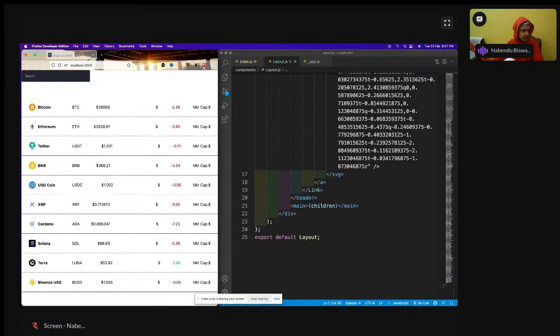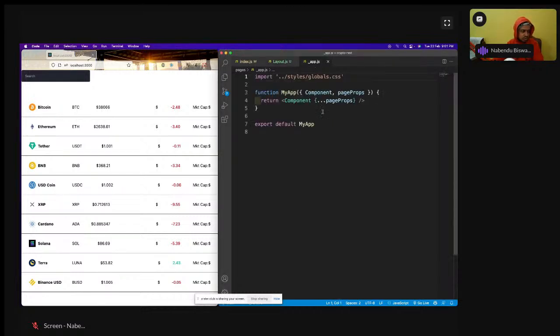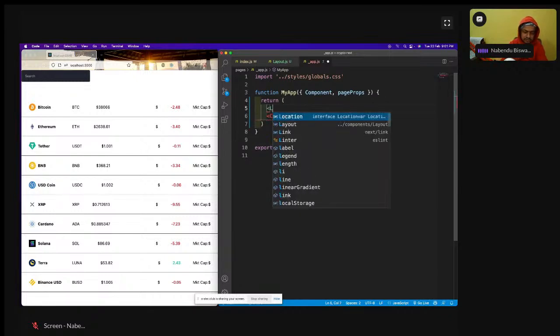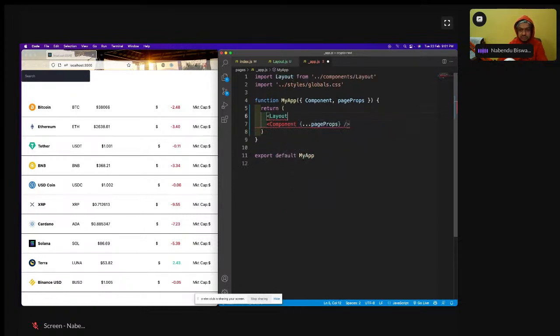Now we are going to go to our app dot underscore app.js as I've told earlier, and we have to import the layout here. So most of the time you'll see in most of the Next.js projects, people use like this only. So pages, and then you go down and here and do a layout, and it will wrap this thing. So that is why this children thing is coming here. Whatever is inside this,